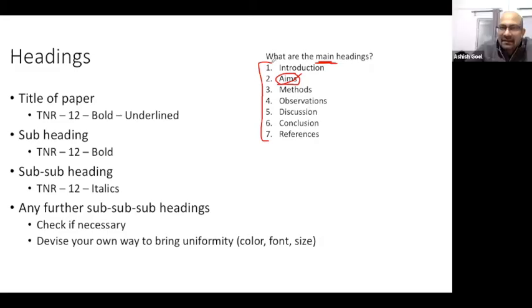So these in the manuscript should stand out on their own, and nobody needs to search for these particular headings in the paper. They should be evident and visible at first glance. The subheadings are the next. So under the introduction, if there is a subheading, it should appear in a different font, different style, different boldness, different thickness, whatever.